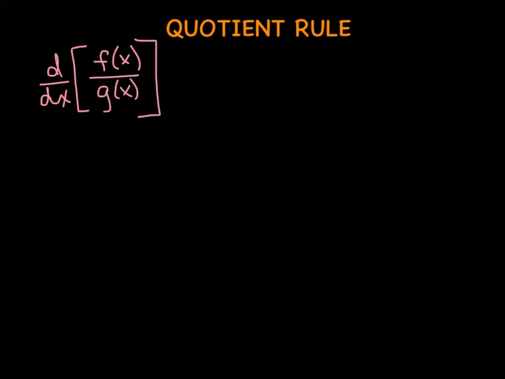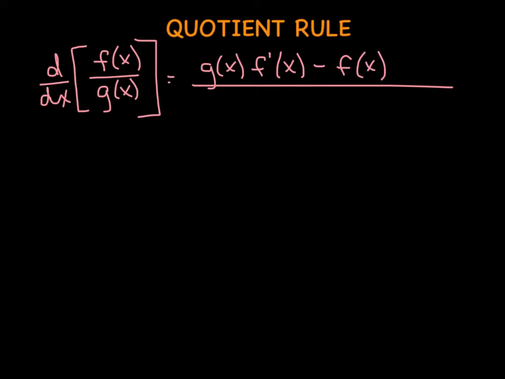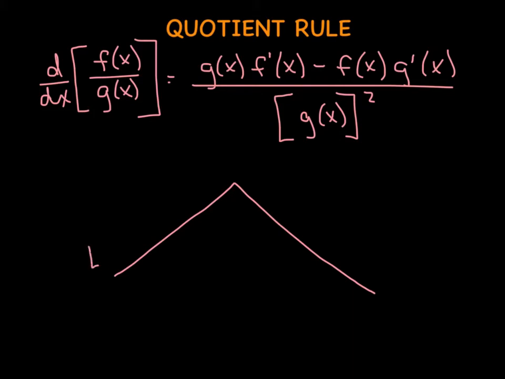Quotient rule is very similar to that product rule in that just a little bit of practice really will take us a long way here. However, the thing you want to watch out for is the quotient rule is not commutative, and the order in which we do everything is going to be extremely important. So what we're going to do is start off with the low function multiplied by the derivative of the high function minus the high function times the derivative of the low function, all over that low function squared, all right? And the visual image I have in my mind is: low d high minus high d low